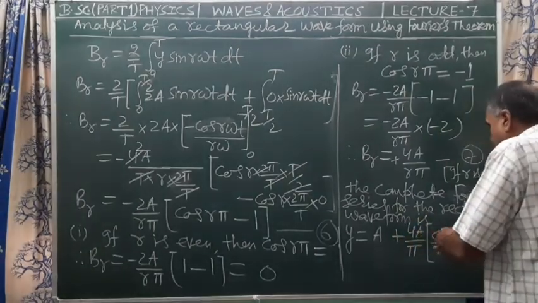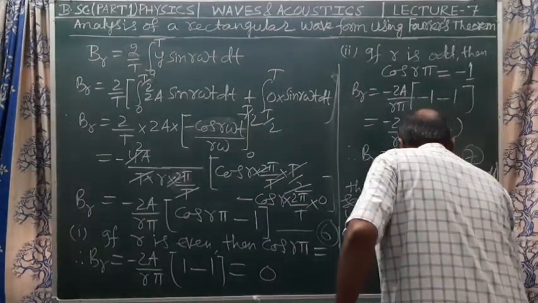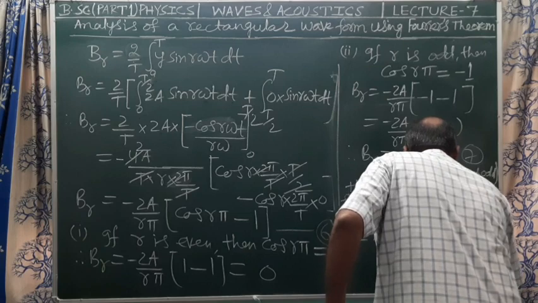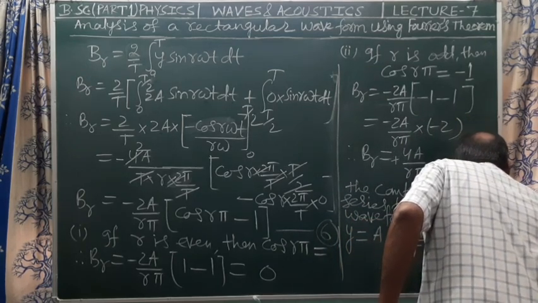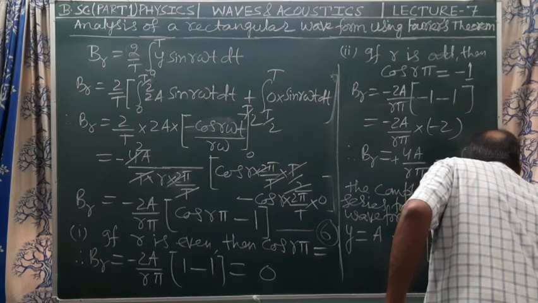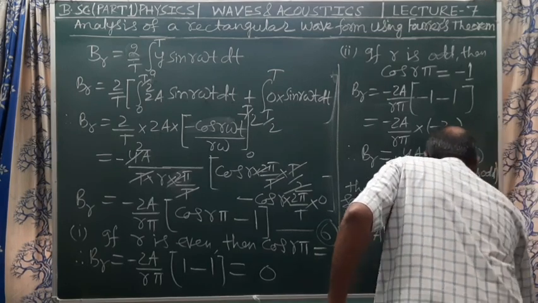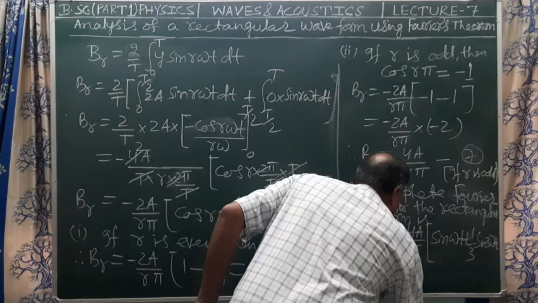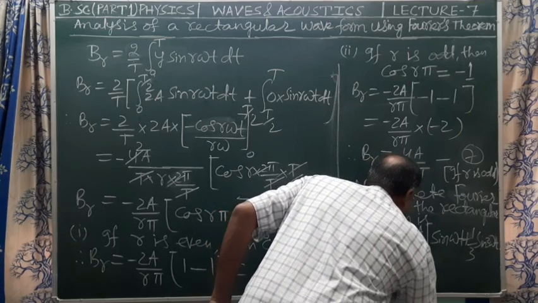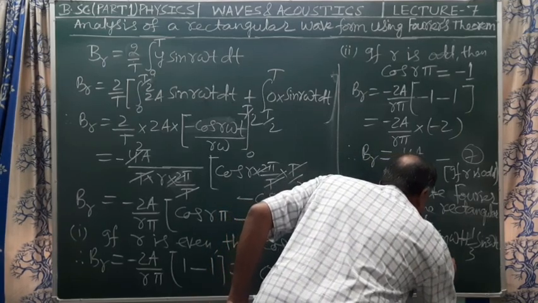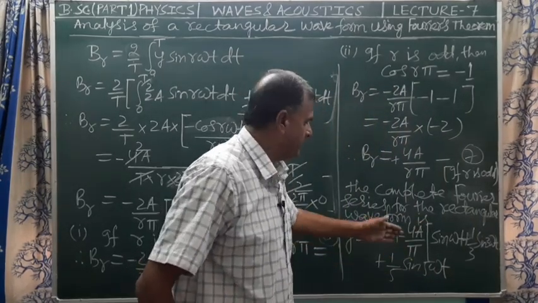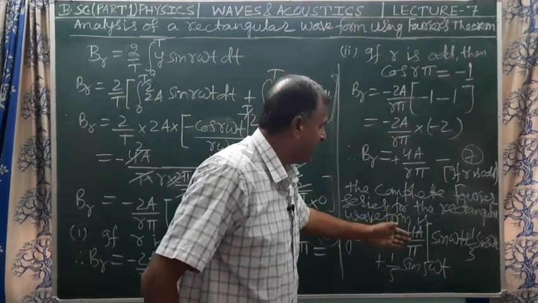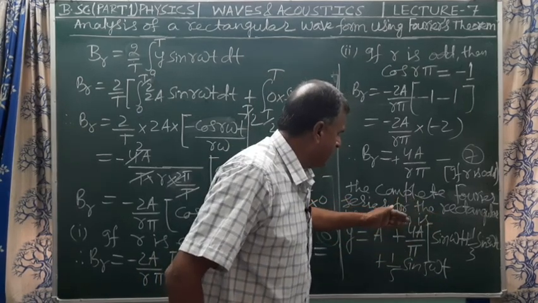So 4a upon pi is common, under the bracket first sine term is sin omega t plus 1 by 3 sin 3 omega t, plus next term is plus 1 by 5 sin 5 omega t inside the bracket. The third term is, we have 4a upon 5 pi into sin 5 omega t,